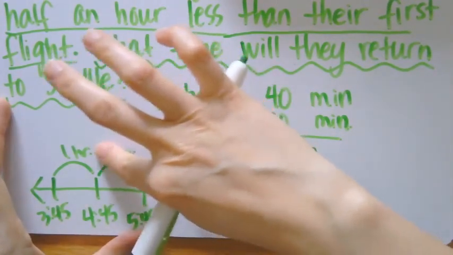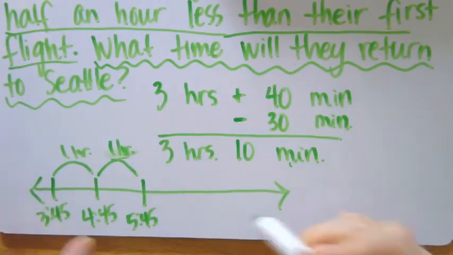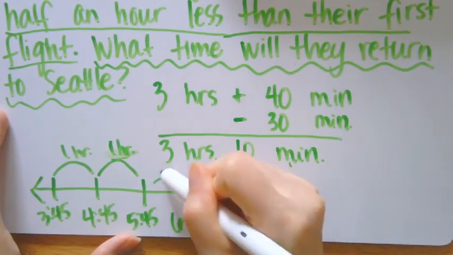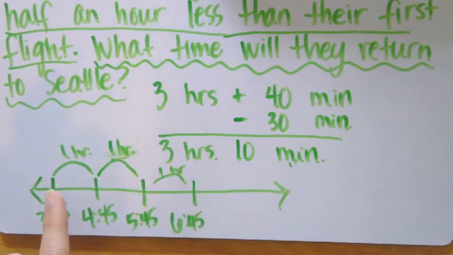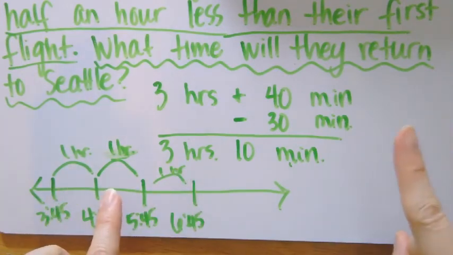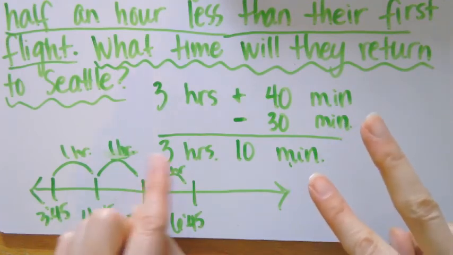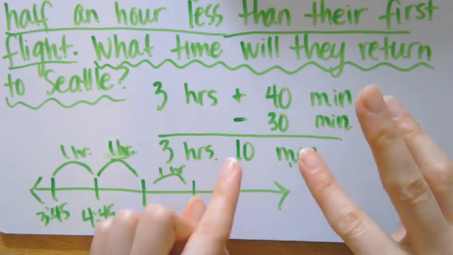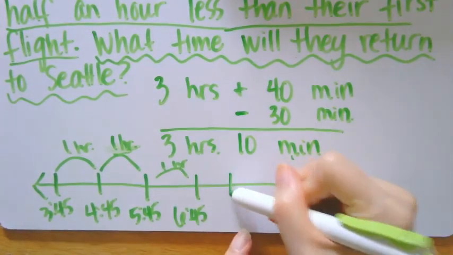Oops. Writing 1 hour because it's 1 hour from here to here. 6:45, and that's another hour. Okay, so now that I have my 3 hours, I have 3:45 to 4:45 is 1, 4:45 to 5:45 is 2, 5:45 to 6:45 is 3 hours, and I'm still just adding 10 more minutes now. So 10 minutes plus 6:45